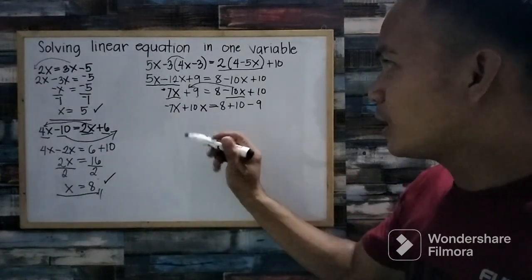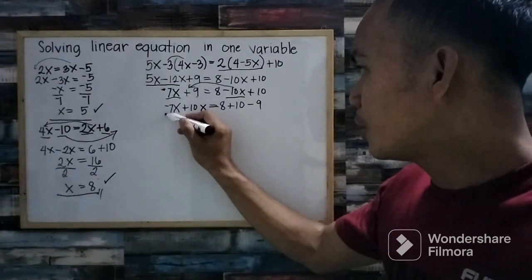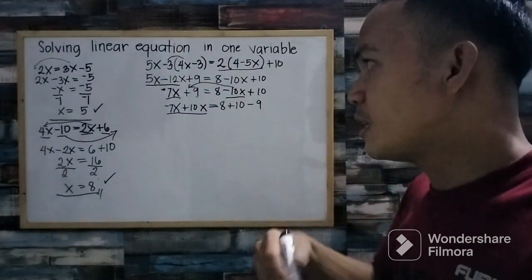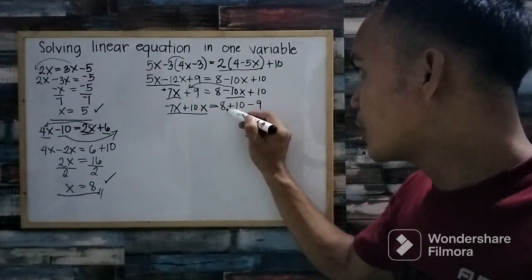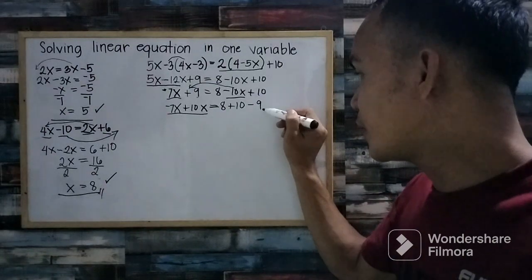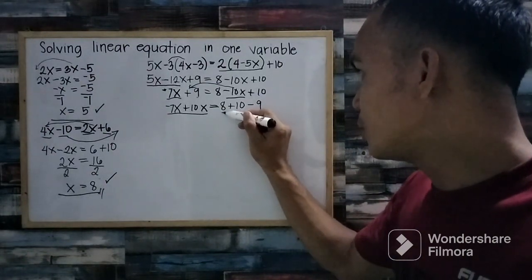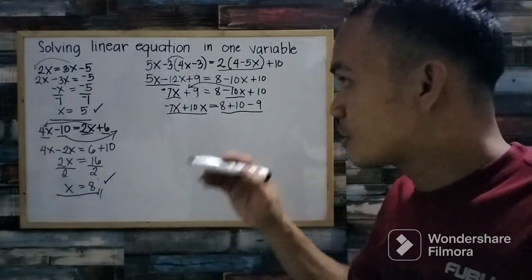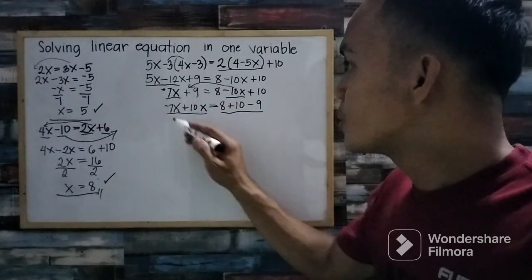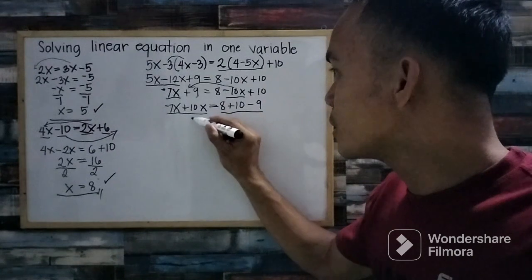Alright? So, kung makikita mo dito, yung the same terms ay nasa isang side, right? Yung negative 7x plus 10x. Tapos, yung 8, 10, and negative 9 dito is nandito din sa right side. Okay? Yung purpose natin dito is to combine them. Okay? So, negative 7x plus 10x, that is 3x,